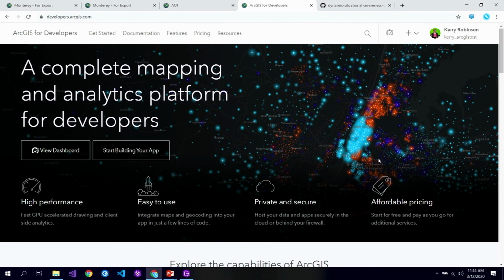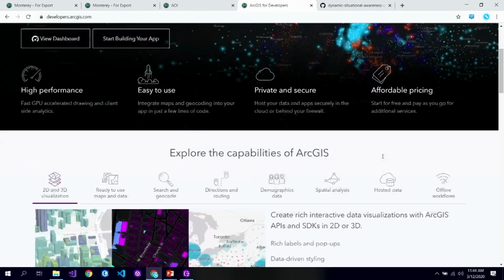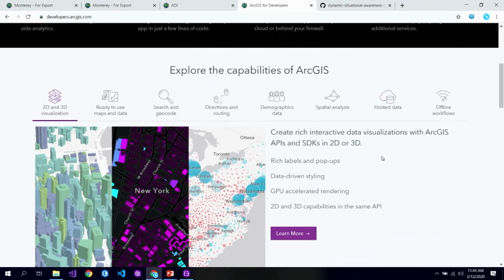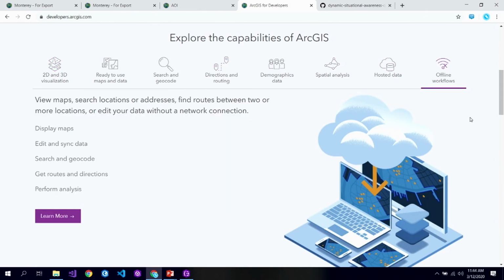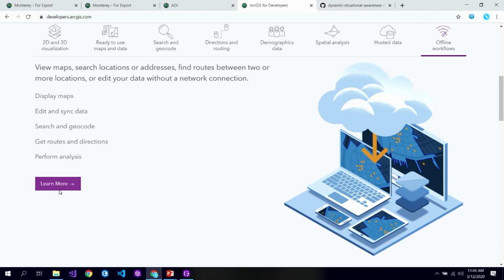It's pretty amazing. If I scroll down a little bit, there's this first section that you see here that lets you explore some of the capabilities of ArcGIS. And it's nice because it describes it from a somewhat generic point of view and then allows you to dive into the aspect of ArcGIS that you're using, which is really, really good. So for instance, there's a section here on offline workflows. And if I just move to that page,